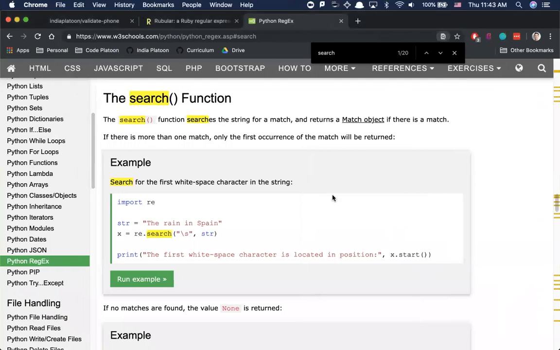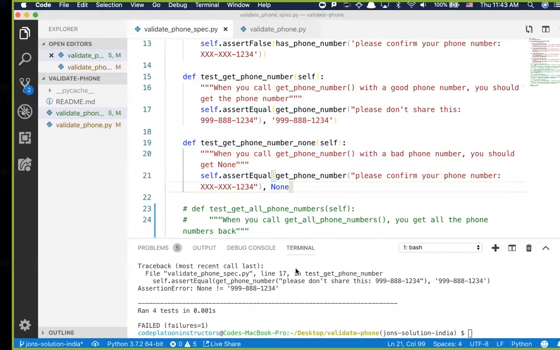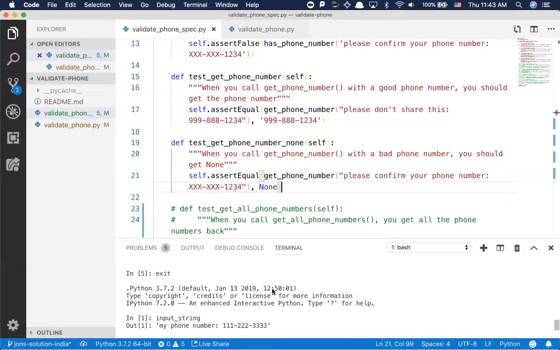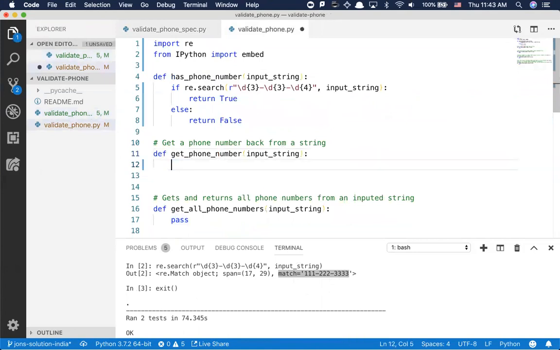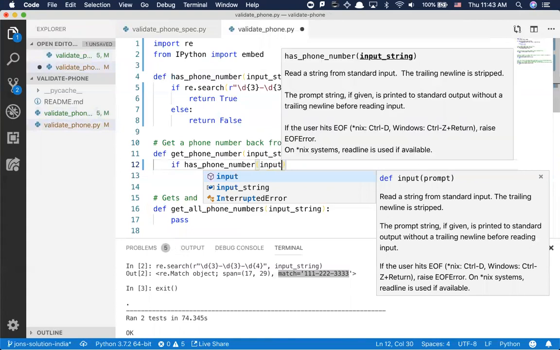So I want to get something. I saw this a little bit earlier with the match. Where's the match? It looks like I can just do search, and then if it returns me an object, I can return just the match attribute on there. Otherwise, I return none. I'm going to copy this, throw it over here, and do what Ryan said. I'm just going to use if has phone number of input string,